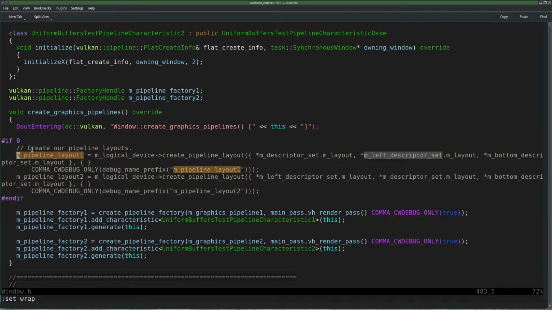Okay, I think that what this is saying is that before I was creating my pipeline layouts here, but I'm no longer doing that. I'm doing that from the pipeline factory. So that it is commented out is correct. But at least you would expect it to be done somewhere else. So I'm still highly confused. We have other calls. Nope.